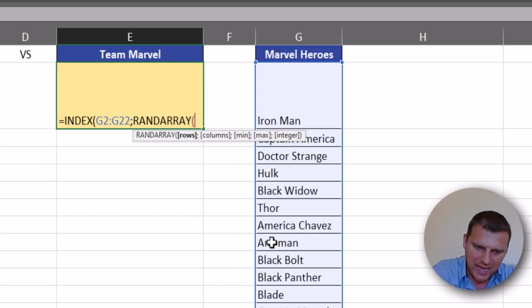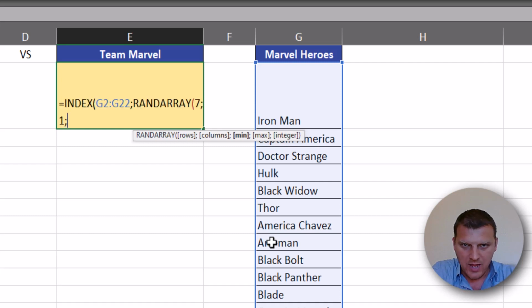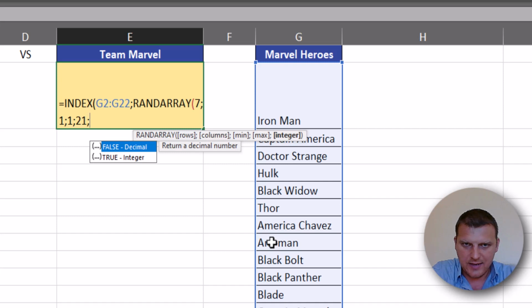And for now let's set 7 rows, 7 elements, 1 column, and the minimum number is 1, maximum 21, because we have 21 elements on our list, and for the last argument we want integers, so 1 or TRUE. I prefer 1 because